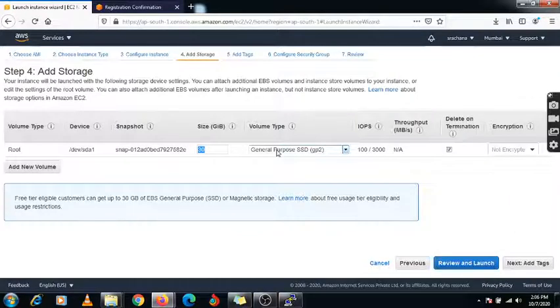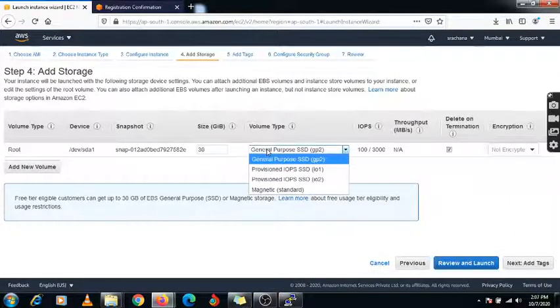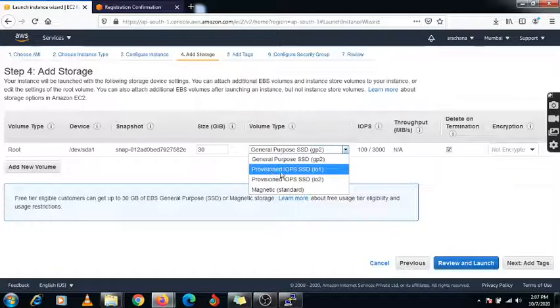While creating any volume, it will get general purpose. When you click on this, there are four options: general purpose SSD, provisioned IOPS SSD, IO1 and IO2, and the other one is magnetic. All four of these disks are bootable disks.